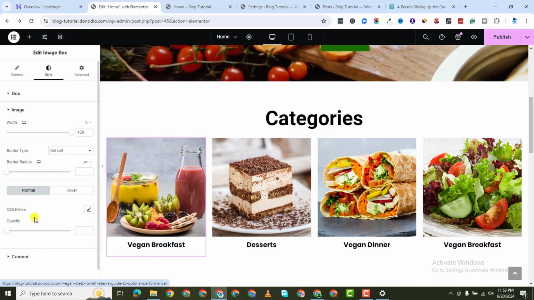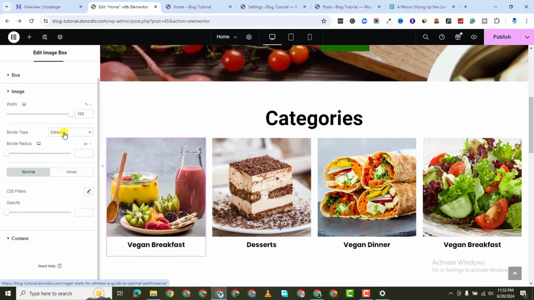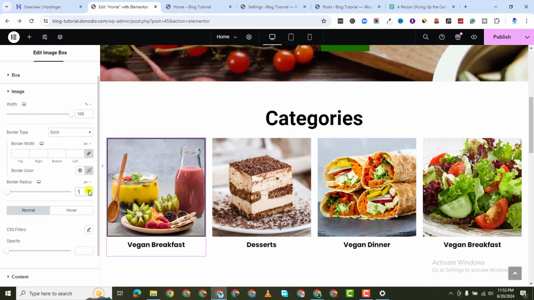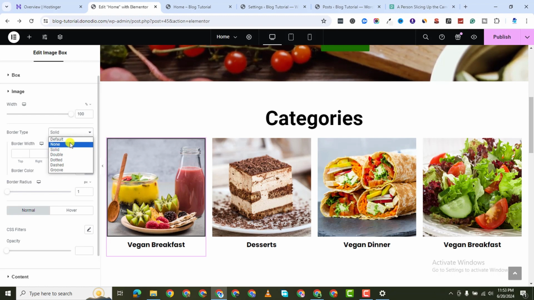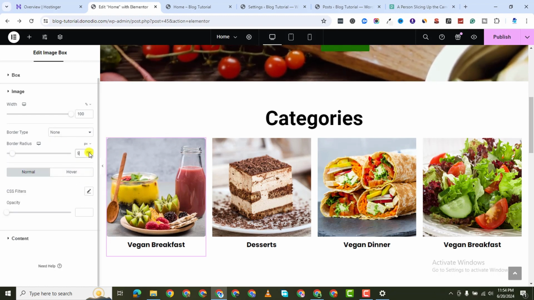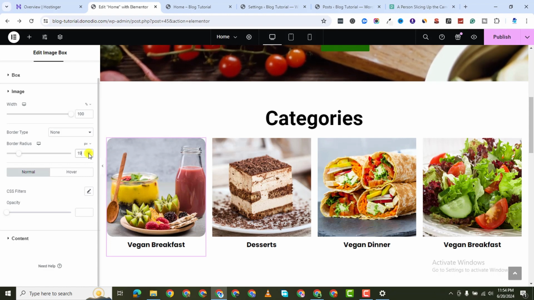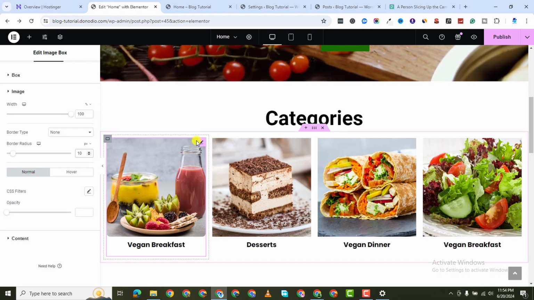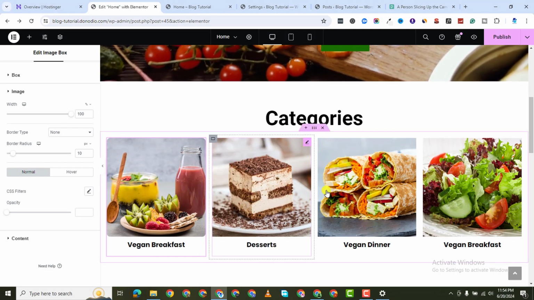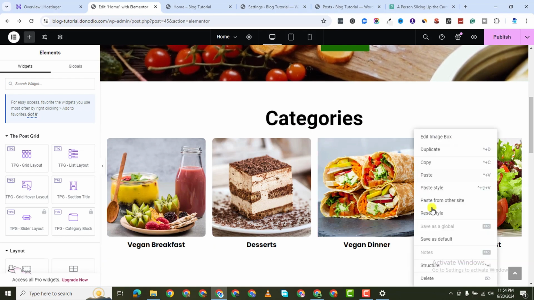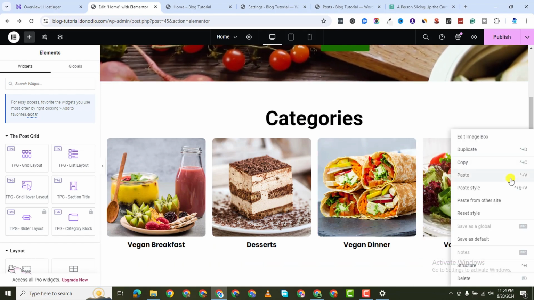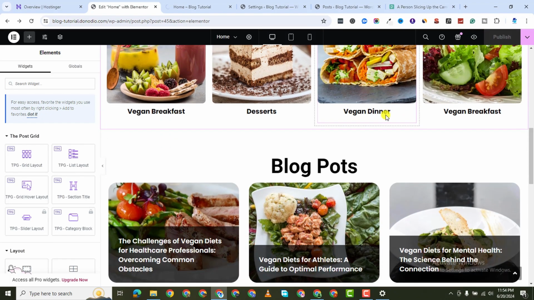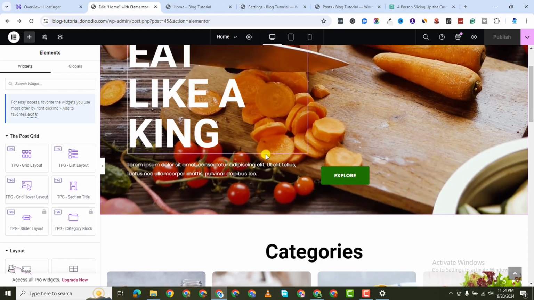So what I will do is come to image and then border type, let's say solid, and then border radius. Border type should be none, and then border radius, I can make this, let's just say 10, and then I'm going to copy and paste style to here. So if now I go ahead and publish that, I want to come here and add